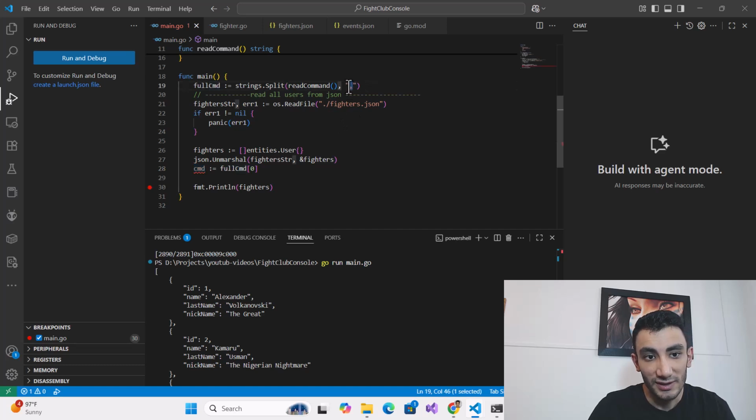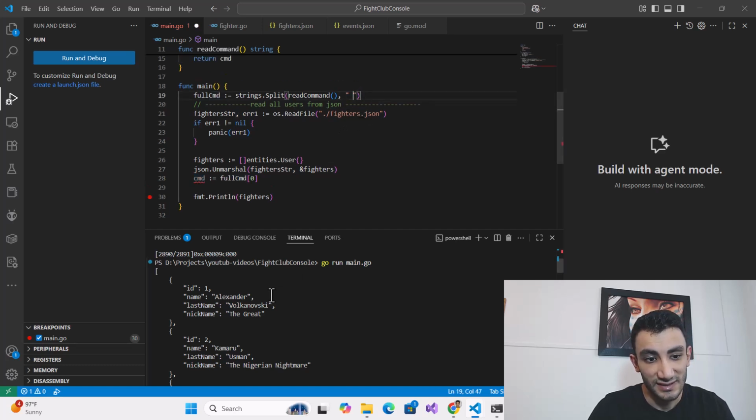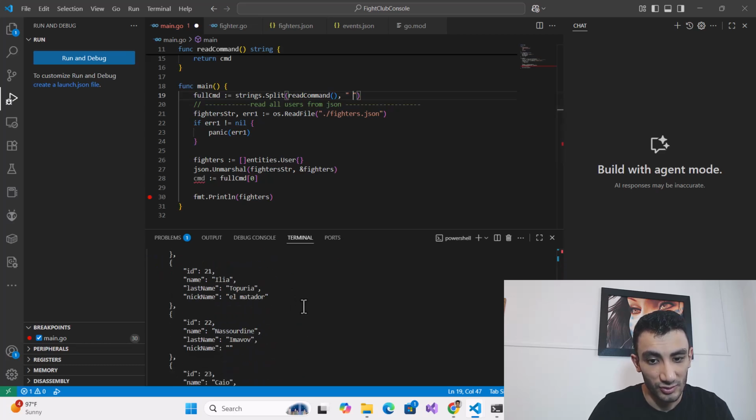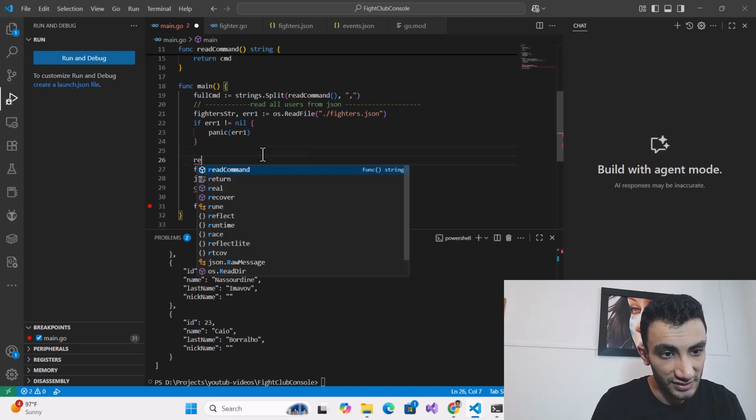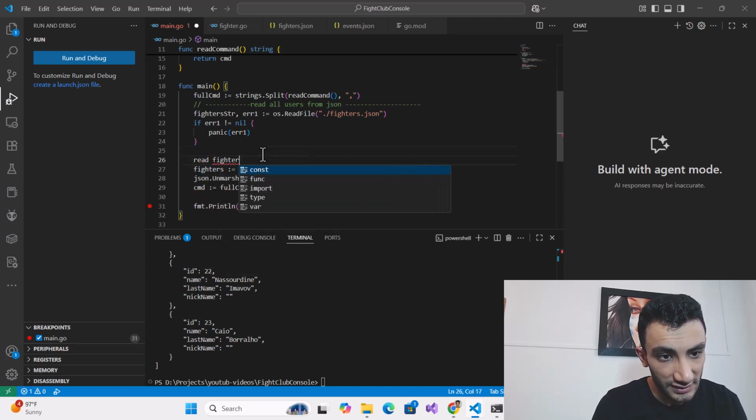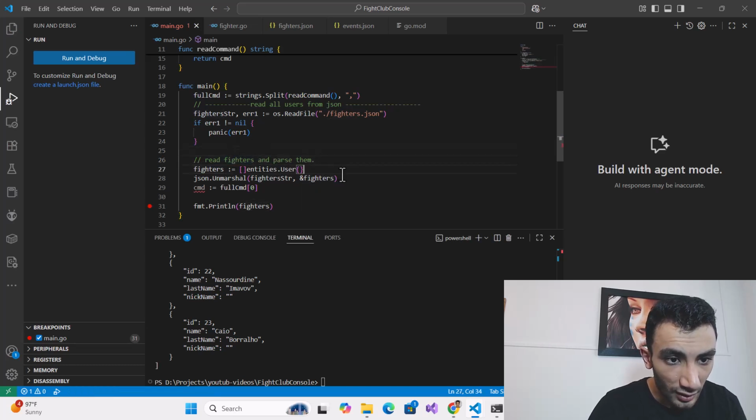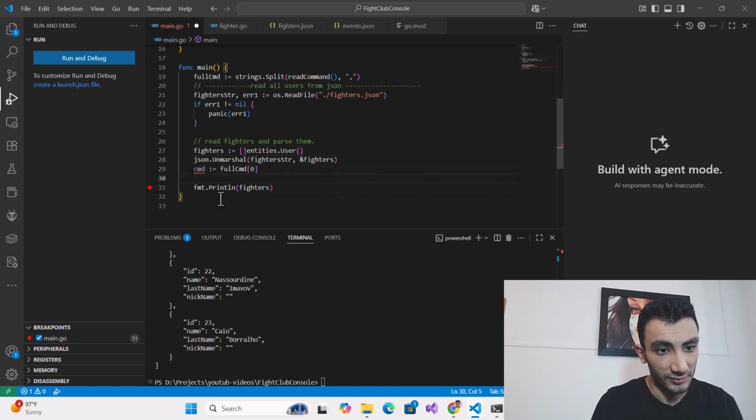The problem is that if I split with spaces, sometimes in a console it doesn't understand the difference between a space of the code and the console, so I put that separator instead of a space. In here just read the fighters and parse them and get cmd.